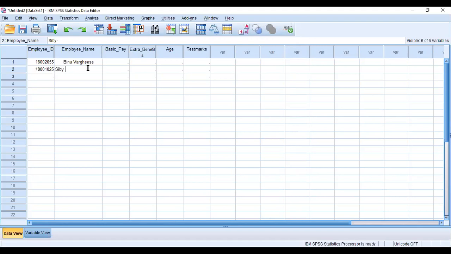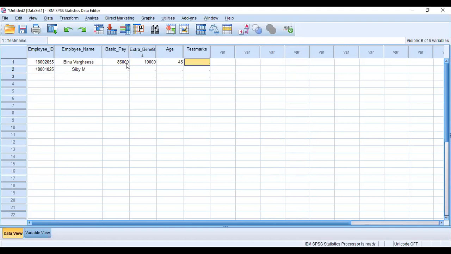Actually, we have to go on a horizontal basis, because the details of each respondent should be entered from the questionnaire. So the basic pay of Vinu Varghese is 86,000. The extra benefit he is getting is 10,000. Age is 45.